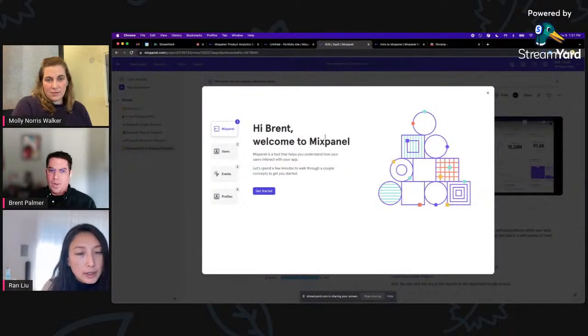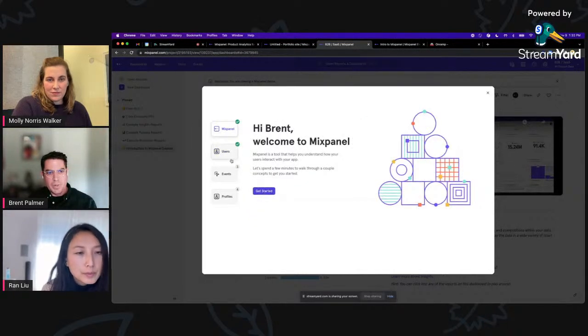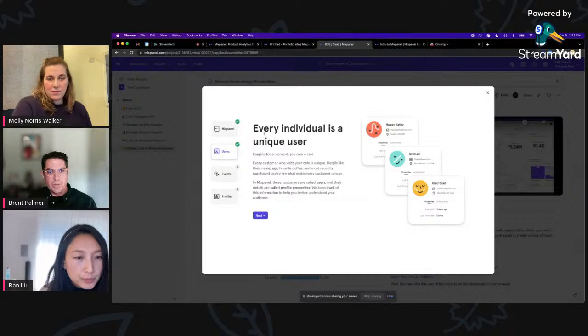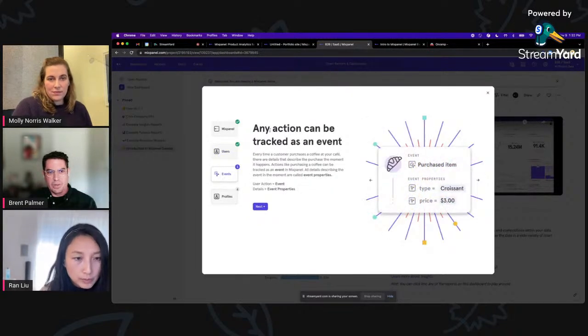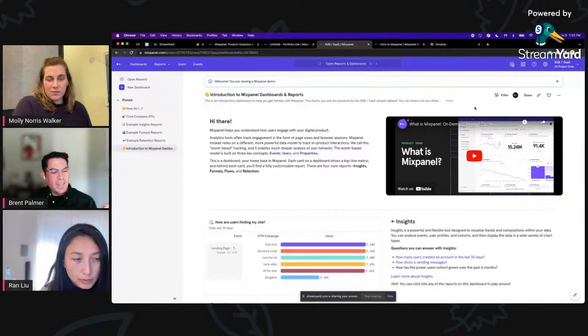Yeah, and there's this third walkthrough that probably needs some love, but this is also an experiment we're playing with. Welcome to Mixpanel. We can talk about users and what they are. So it's beyond just once you land on the dashboard, we can display this. What is an event? What is a profile? It's the little extra education layer. Maybe we fire that after you've visited the dashboard a couple of times, and use it as a nudge. Some mixed results, I guess.